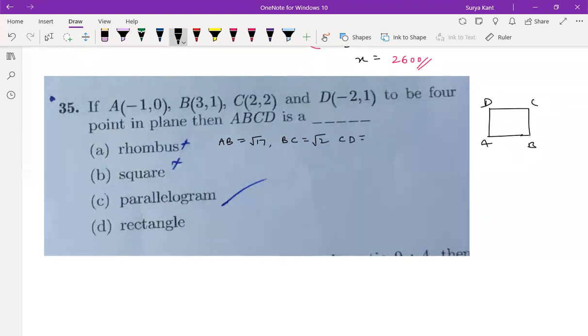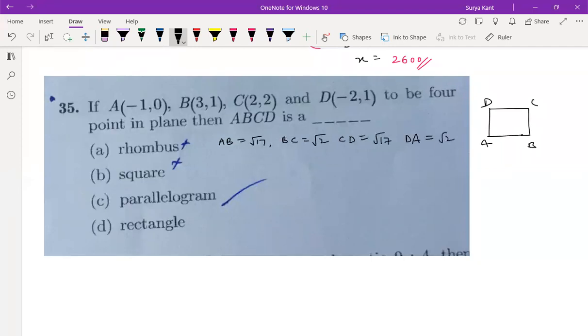CD is what? How much is CD? I think it's a rectangle. CD is 4 and 1. I was confused between parallelogram and rectangle. Sir, it's a parallelogram because for a rectangle we can find whether it is, by the diagonals. Let me check AD.